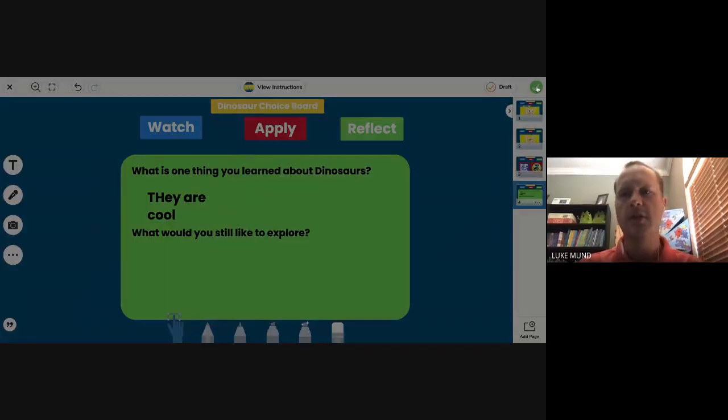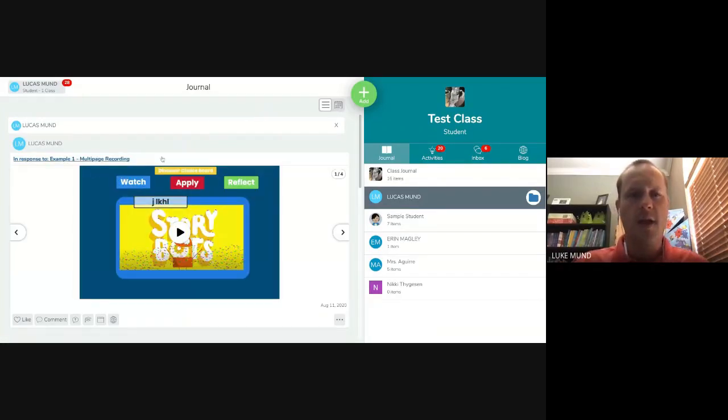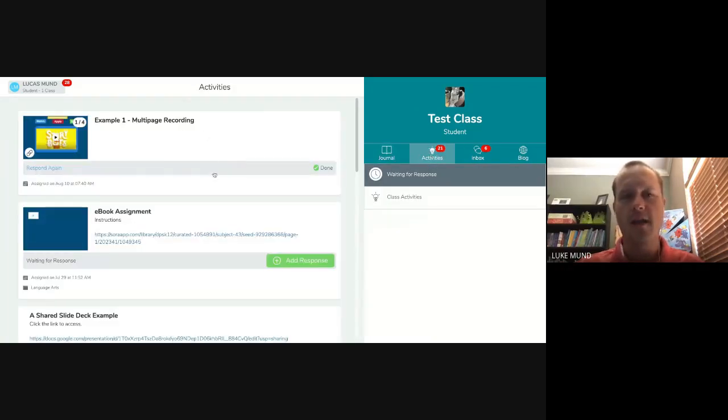Right, and then when I turn it in, I'm an admin, so it goes straight to the journal. So mine don't get approved because I'm an admin. But now I have that marked as done here as an admin, but for students, that's going to get cleared out. So they're not going to have that anymore. And actually, if you saw, it went down to 20 activities before it brought it back.